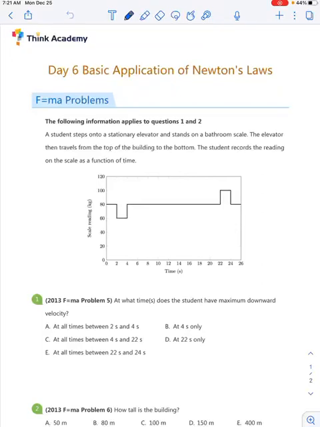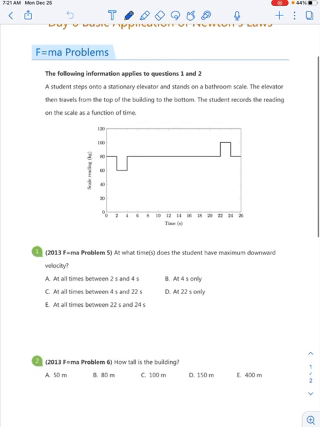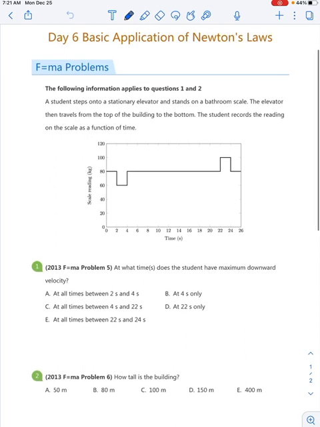Okay, welcome back. So let's take a look at Day 6, basic application of Newton's laws. In today's problems, we're going to look at two problems about forces and acceleration. For the first problem, we know that a student steps on a stationary elevator and then stands on